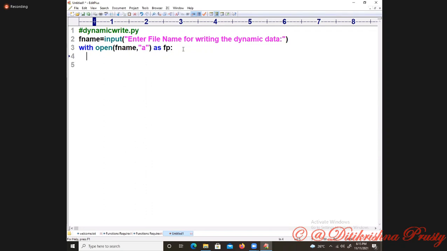Okay. Now dynamic data is equal to input. This is the file name I am accepting. Now I am accepting the data. Enter the data. Now I am giving input inside of it. Look at first, enter the data